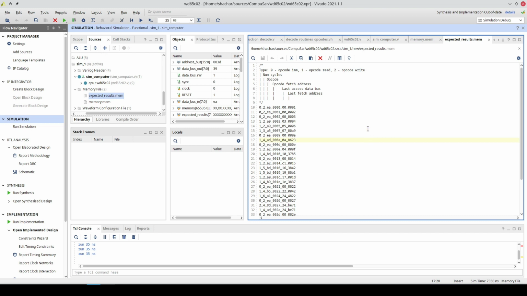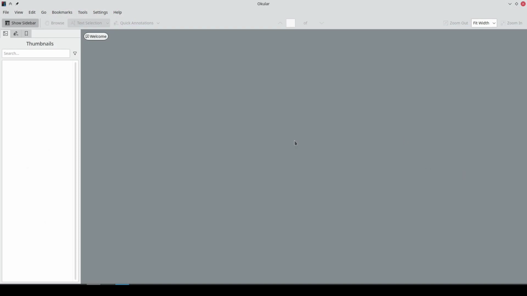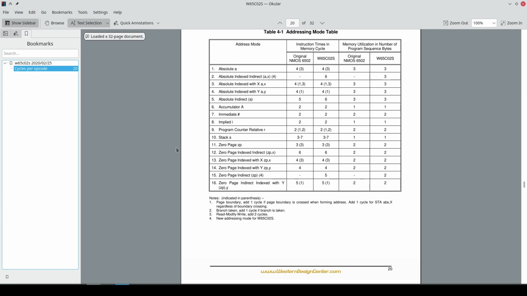Now, the second digit is the number of cycles this command should take. So if we go to the 6502 datasheet, we can see that the amount of cycles each command should take is almost only dependent on the addressing mode it uses.